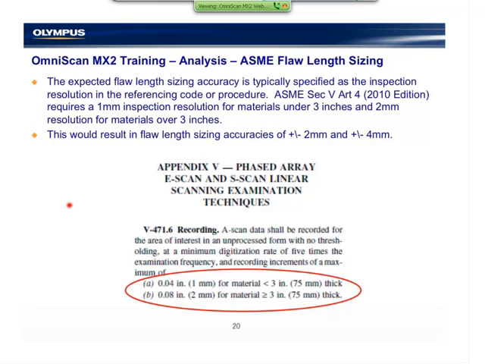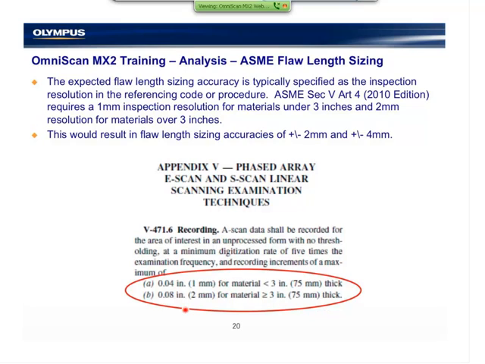In the 2010 ASME Section 5 phased array E-scan and S-scan examination requirements, for flaws or component thicknesses smaller or thinner than 75 millimeters or 3 inches, we would use a 1 millimeter resolution, and for larger than that, we would